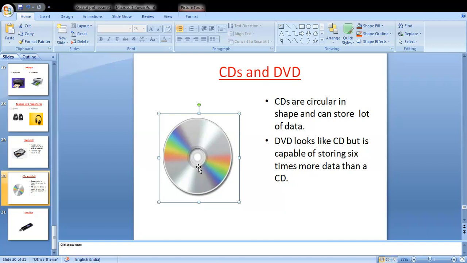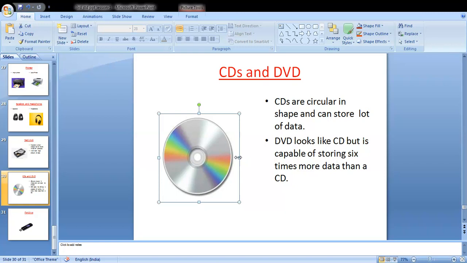DVD stands for digital versatile disc. A DVD looks like a CD but can store more data than a CD. We can store many movies in a DVD.